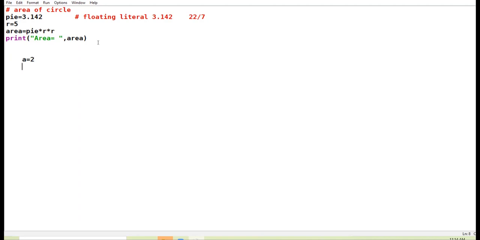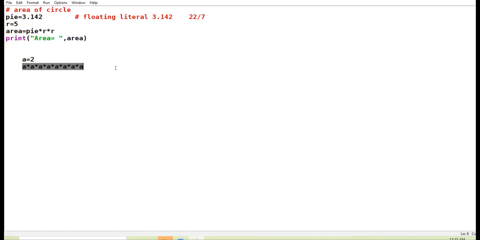So I will write like this: a into a into a into a into a into a into a into a. 1 2 3 4 5 6 7 8. Such a long expression I have to type. And if the power increases, the statement will also increase.